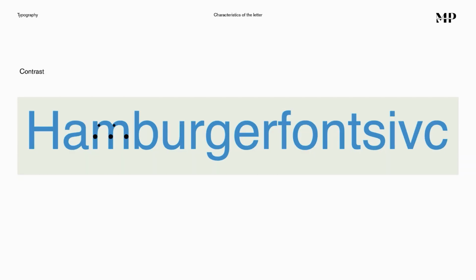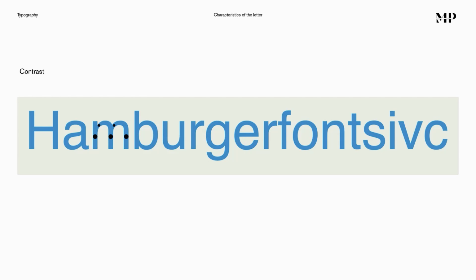Another characteristic would be the contrast. Contrast is very important and tells us about the difference between thin and thick within the stroke of the letters of a typography. In this case, we see it marked with circles, and we can see the difference between the sizes of those circles. The greater the difference in the size of the circles, the more we talk about higher